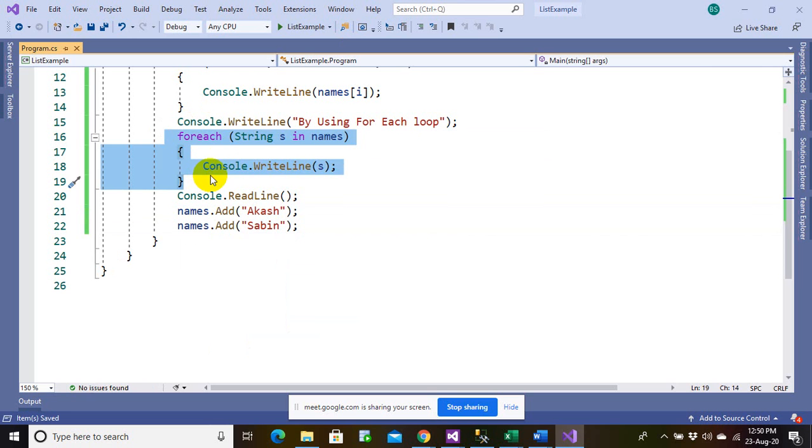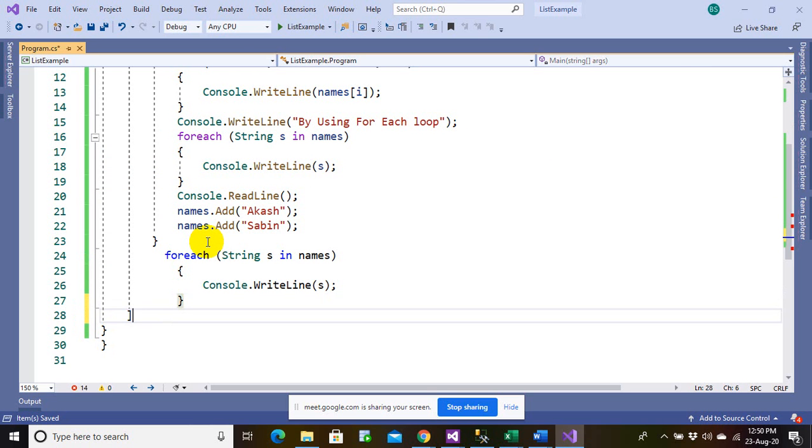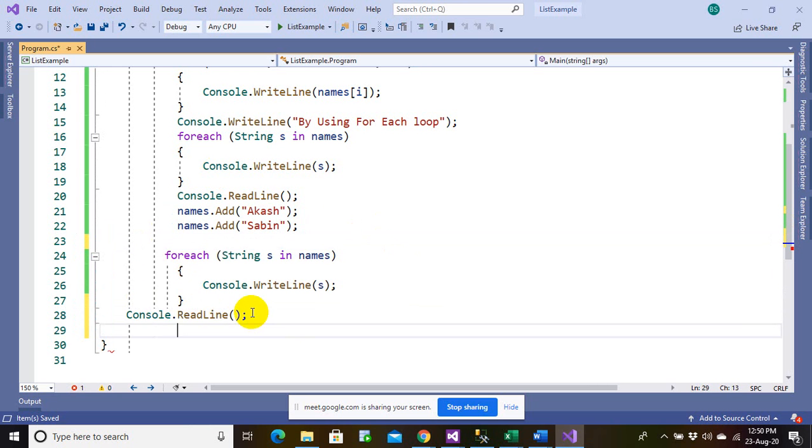So let me run this again. Save it. Alright, so this is okay. Actually, the bracket here should come down here.